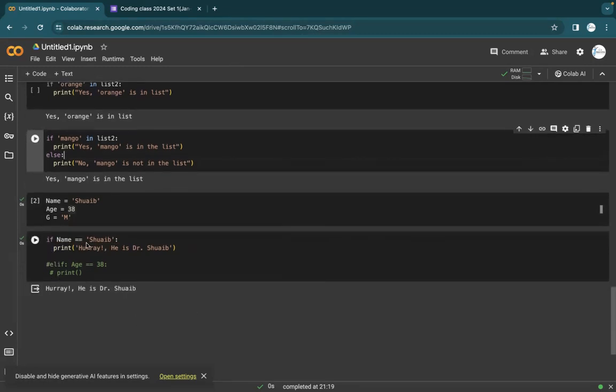So I will use this code to teach you now. I said if name is this one, you see double equals to, is a comparison. So you're trying to compare name with Shoaib. Here you're giving the variable name the value Shoaib, the variable age a value of 38, and the variable gender a value of M. So this is why you say if name is Shoaib, print hooray, he is Dr. Shoaib. So you can also say elif, else if,